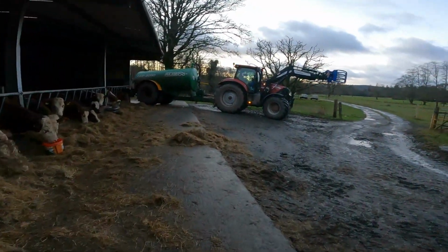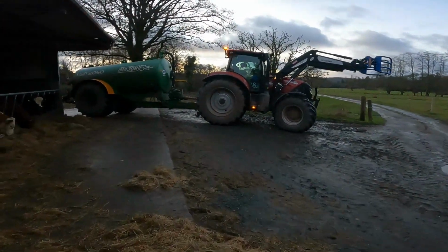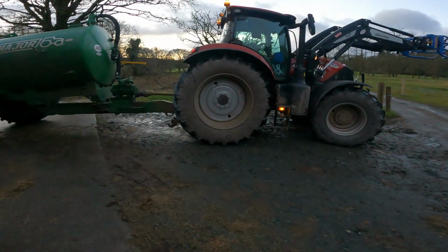Now I'll just show you. I only have one tractor and it's a Case 165 with a loader, and the tanker then is a major tanker, 2,000 gallon tanker. So as we're using some of the machinery,